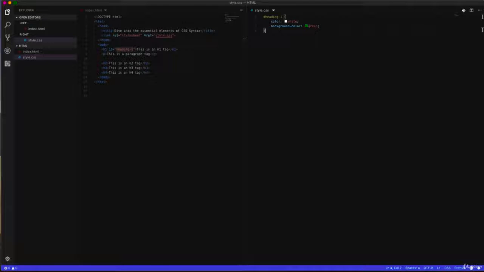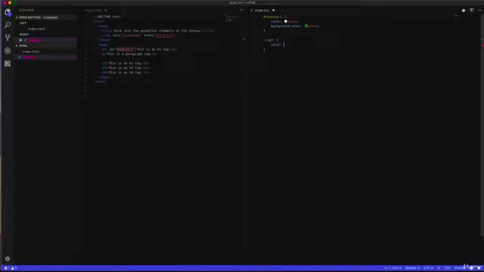The class selector selects elements with a specific class attribute. To select elements with a specific class, write a period, a dot character, followed by the name of the class. You can also specify that only specific HTML elements should be affected by a class. Now I write a class with the name right,